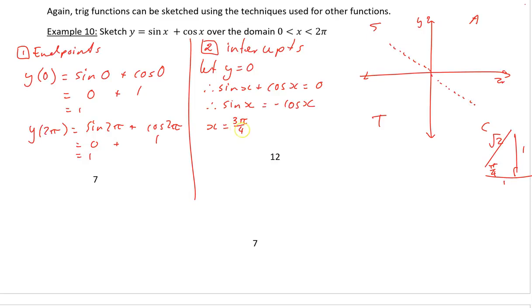The sine of 3 pi over 4 is 1 over root 2, and the cos of 3 pi over 4 is negative 1 over root 2, so they're equal but opposite. That's one option. Down here, counting 1, 2, 3, 4, 5, 6, 7,